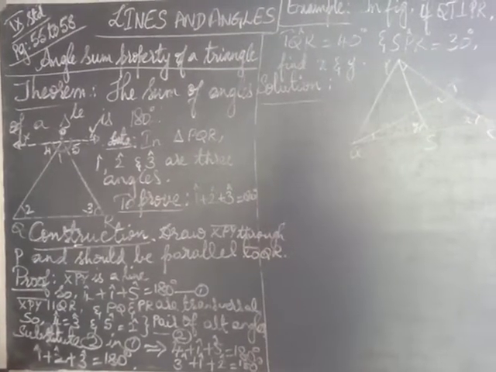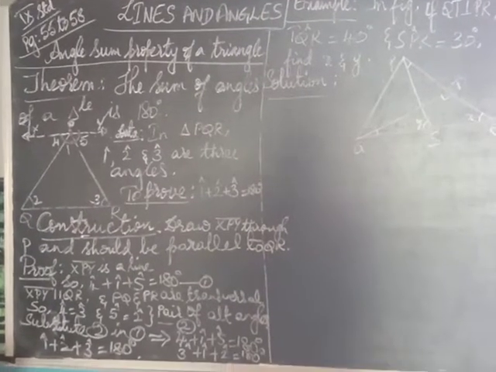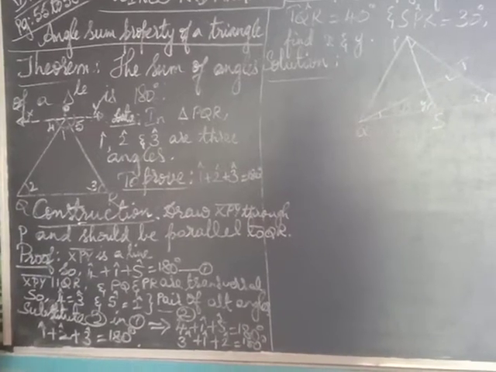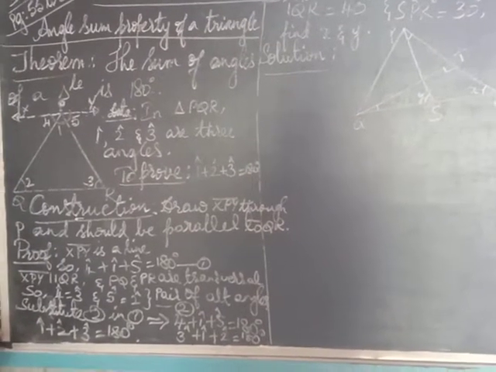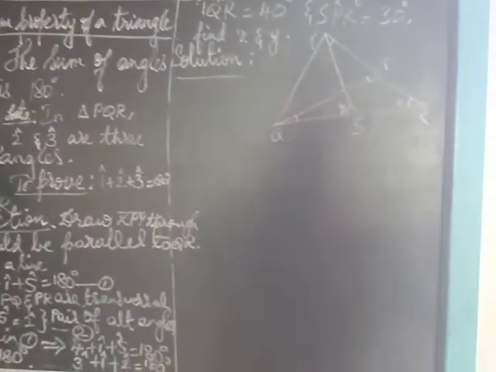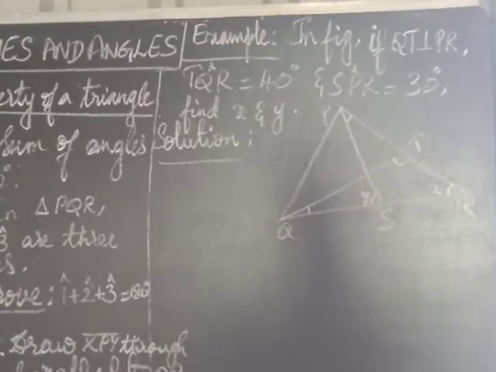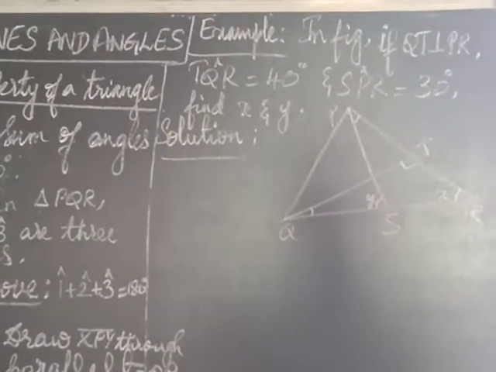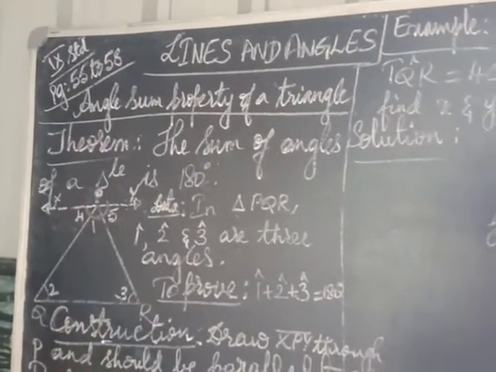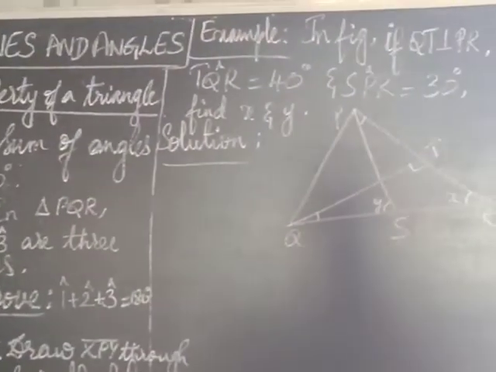That's it, children. Very simple theorem. Already you have studied it in previous classes also. And we have proved it in a very simple way. Hope you all understood, children. Now let us move to the example. You can refer to the textbook, pages 55 to 58, as well as the classwork. Whatever is there, I have explained.